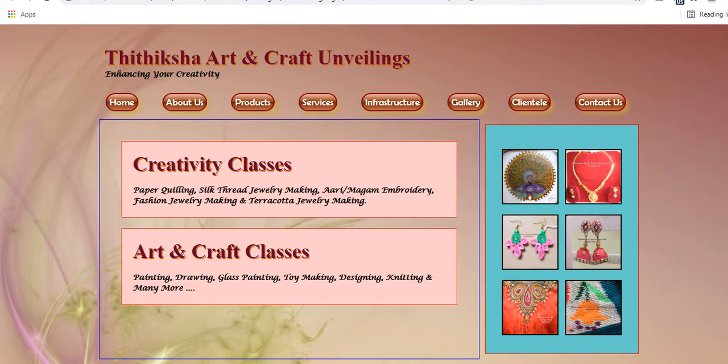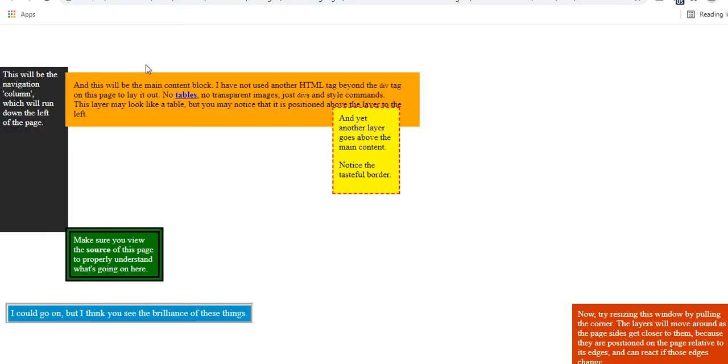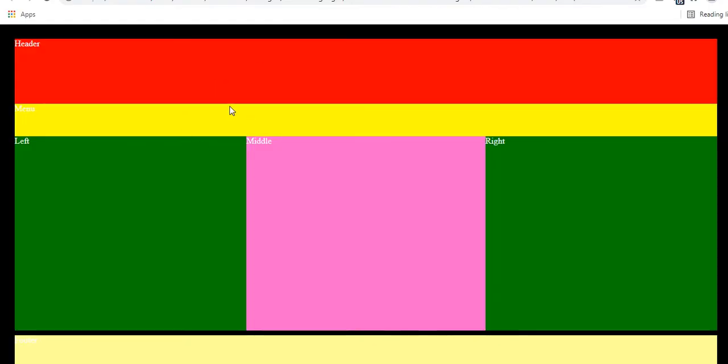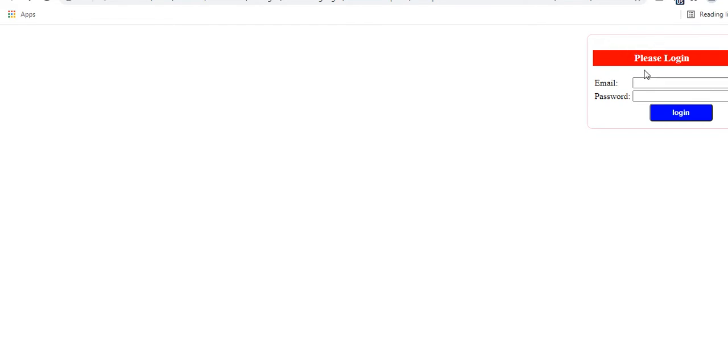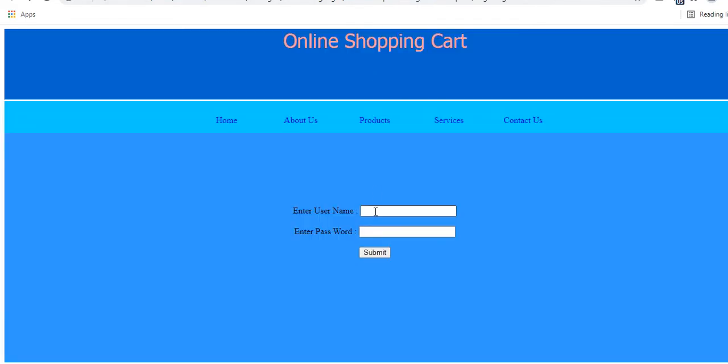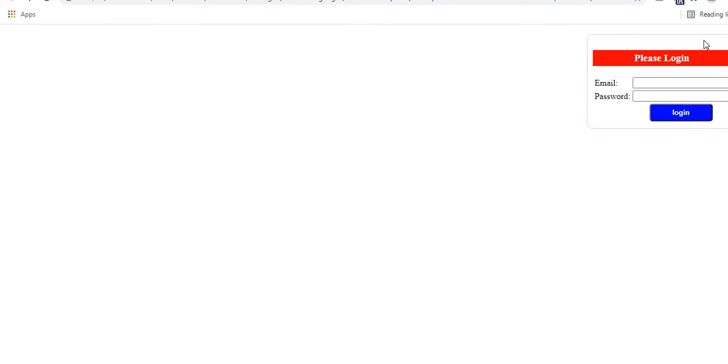We'll see that also. And these are divs. Here I have aligned, like I have a basic model. Similarly I don't want to have this model, but I want to have my own model here and there. So I can use a tag called the div tag, so you can align the content like this. And here suppose I want to have the login, here I have the login in the middle, I want to have the login in the corner, so you can design accordingly. This and all we will see one by one.